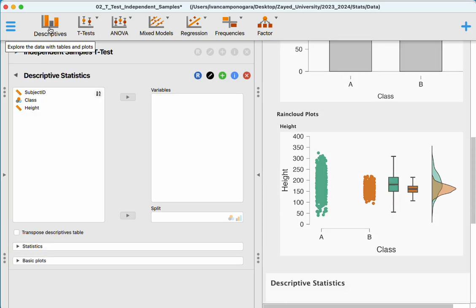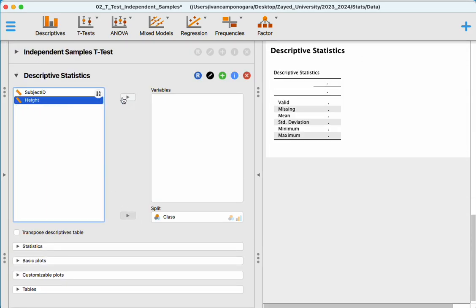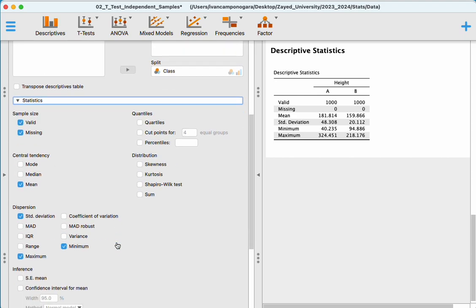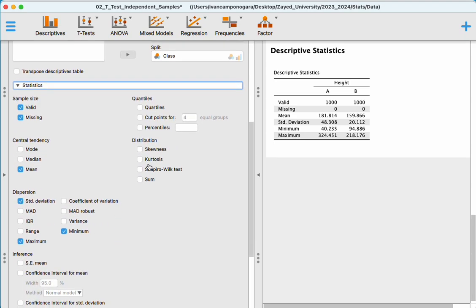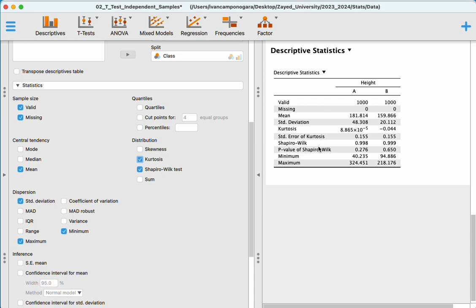In your descriptive statistics, again you put class in split and height in variable, and here you very nicely have your mean and your standard deviation. You can make the Shapiro-Wilk test again, which gives you the test for normality with the p-value here. You can measure the skewness and kurtosis, and you will see some differences because the groups